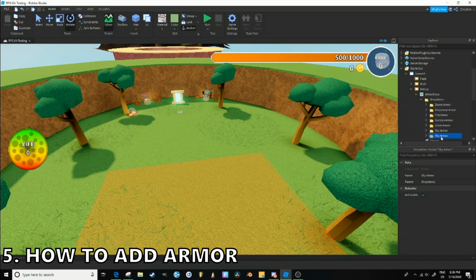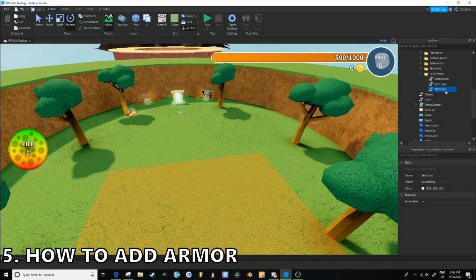So it's called something. So let's make something called something. It's in the armor shop. Shop items, great. Description, whatever you want. Text color, whatever you want. Item type, armor. That's the armor's